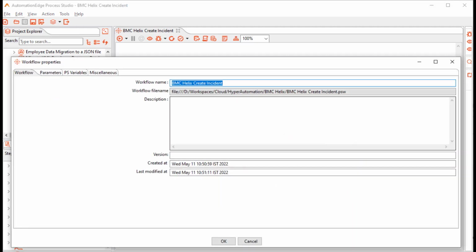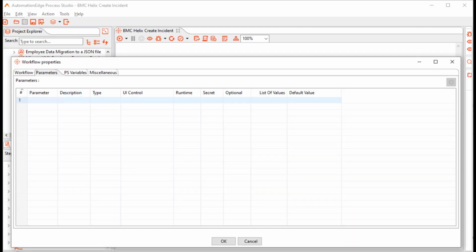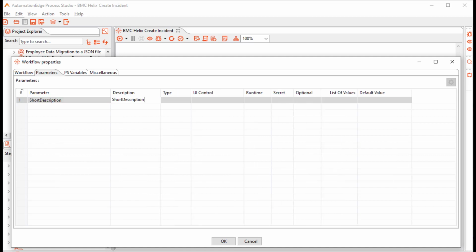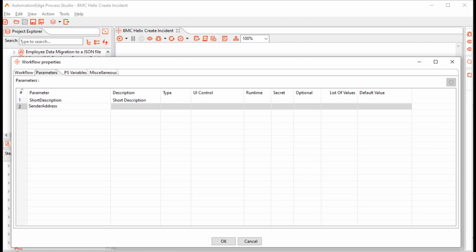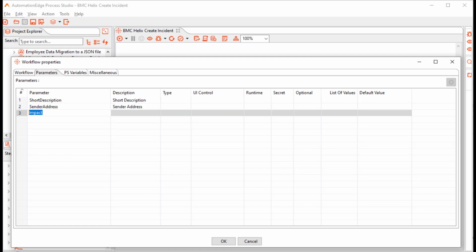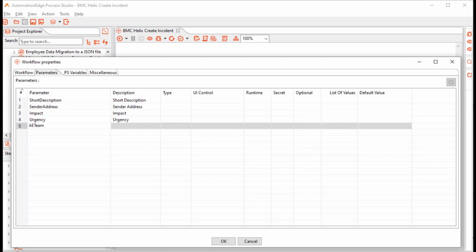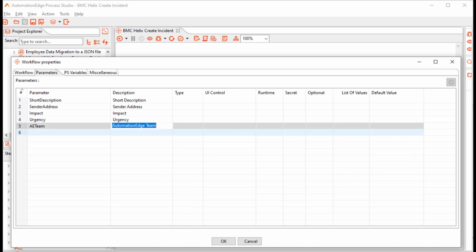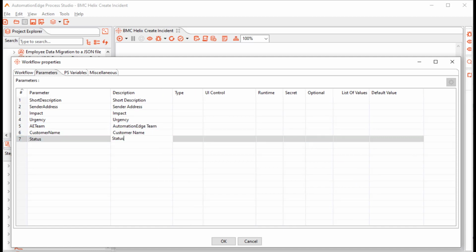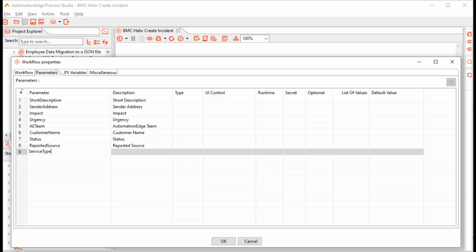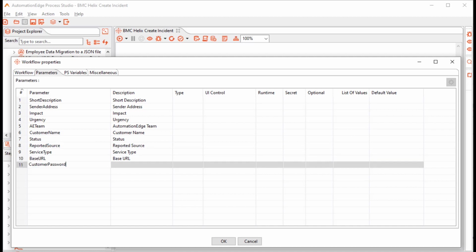Double-click on the canvas. On the Parameters tab, short description and the description we will keep the same, but we can have spaces between the words. Sender address and the description. Impact, urgency, A team, that is login users group, customer name, status, reported source, service type, base URL, customer password,